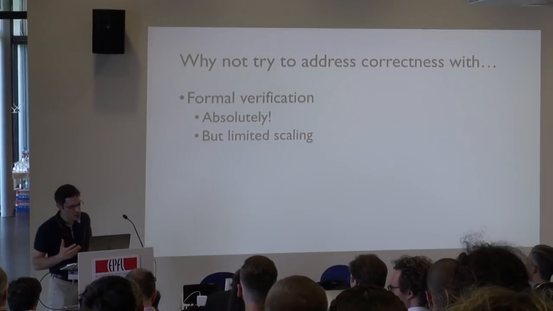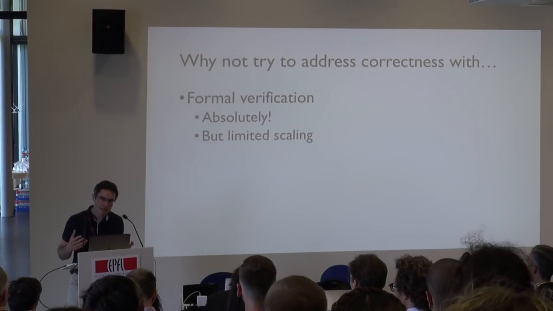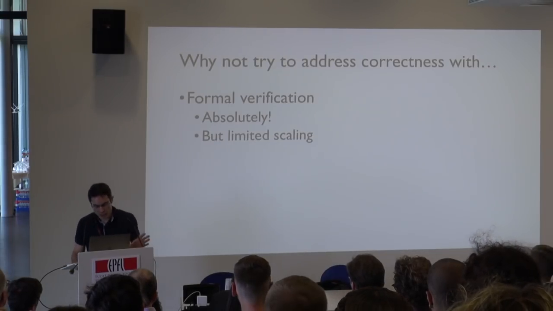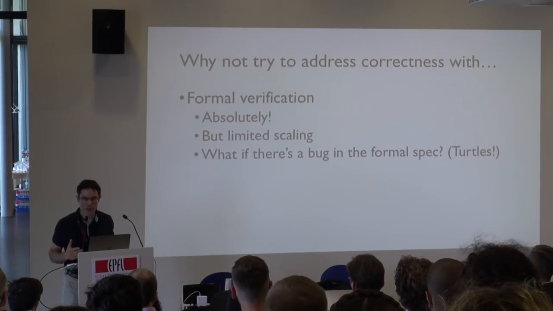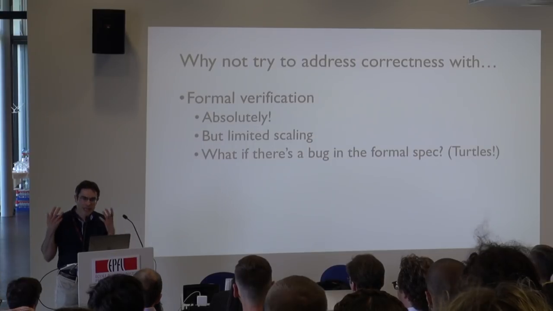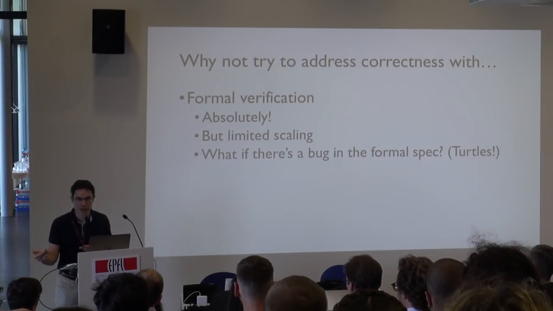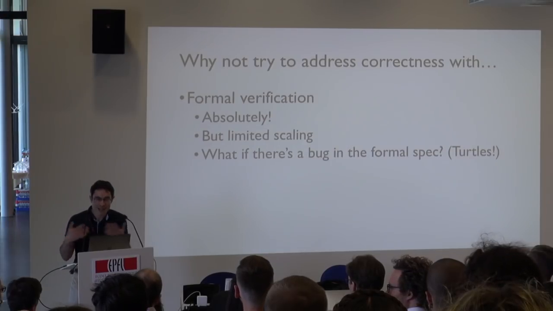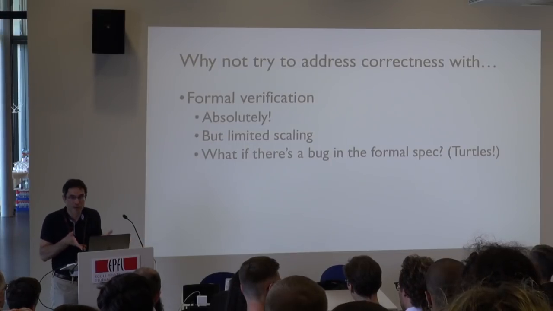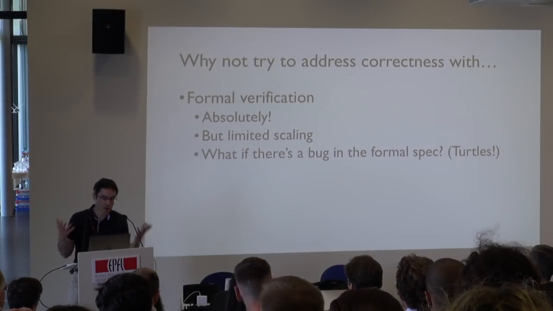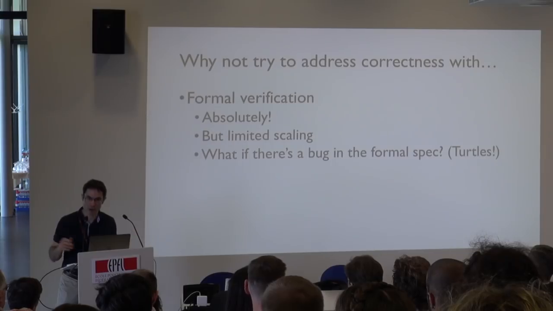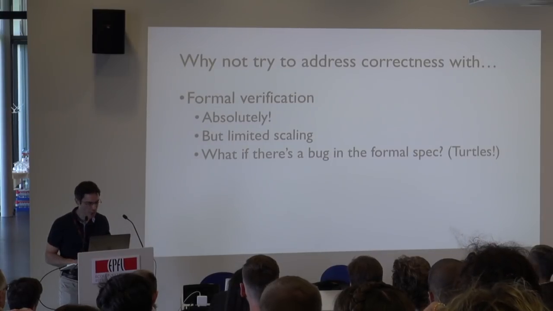But the problem with formal verification is twofold. The first is that it really only works well for relatively small programs. The second problem, and perhaps a more serious one, is that formal verification can't guarantee that a program is correct. It can only guarantee that it matches a specification. If that specification is itself incorrect, then the program may end up being incorrect despite your having a proof of correctness. Or, to put it another way, it's turtles all the way down. You've got this meta problem arising from the way that formal verification works.